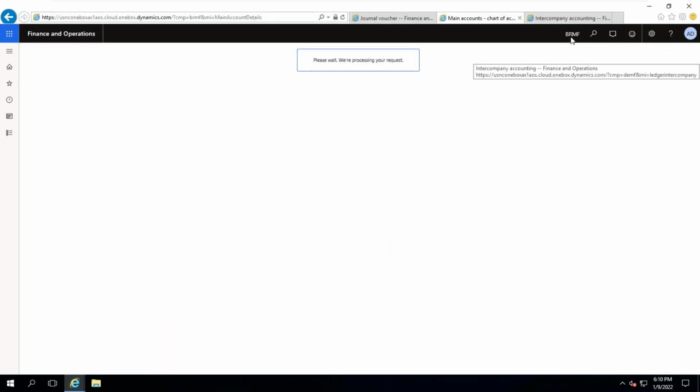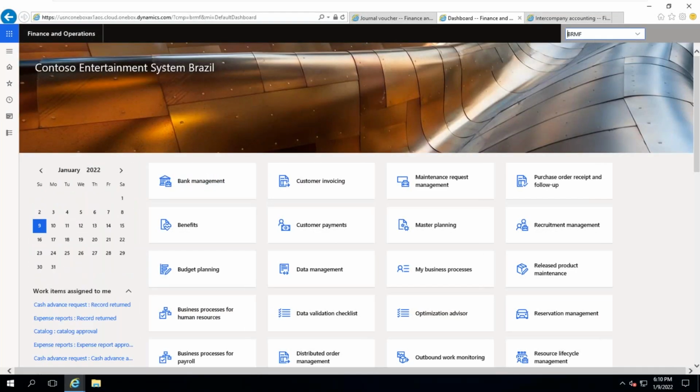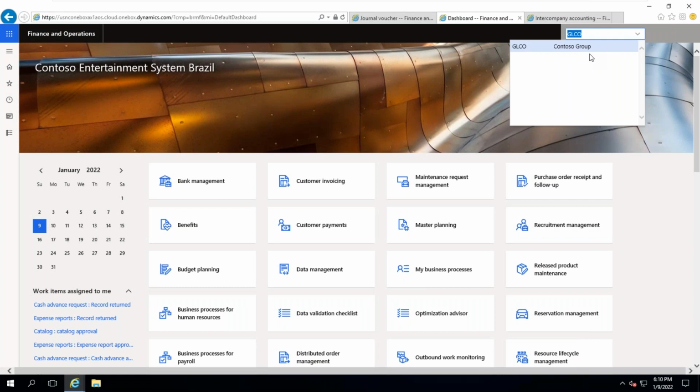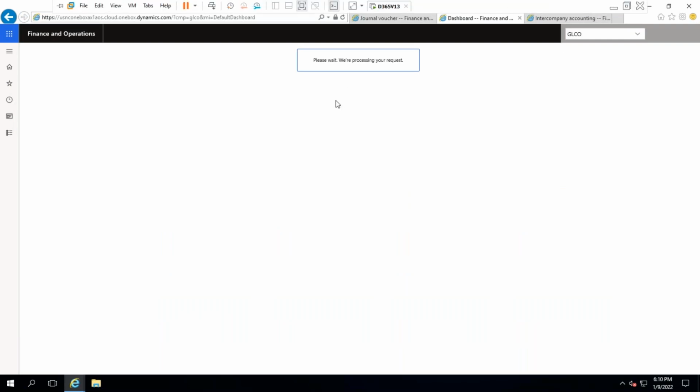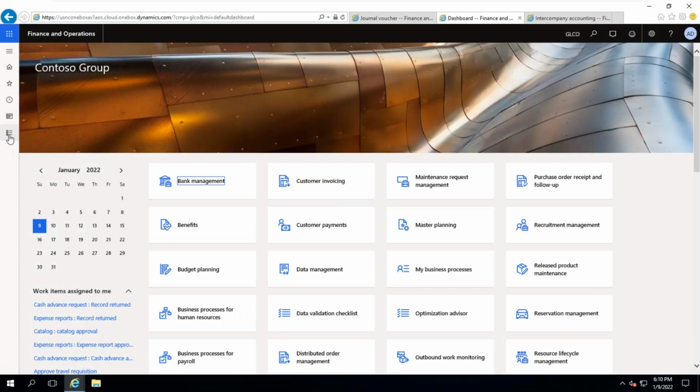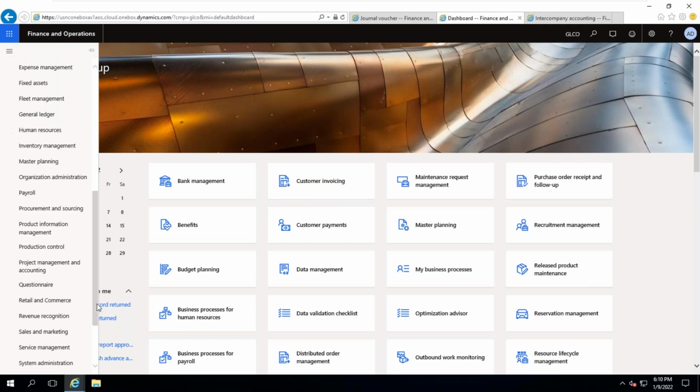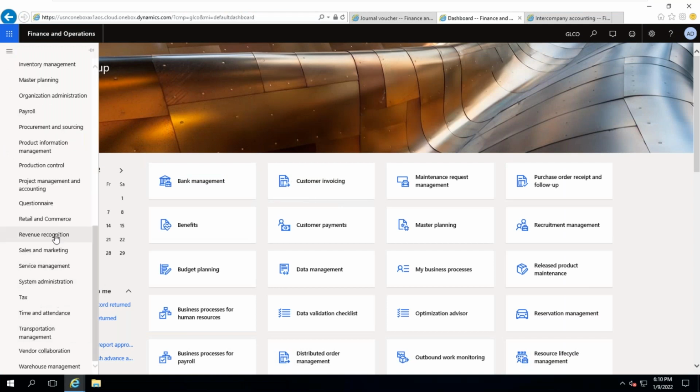So I'm going to this consolidation company. Take the example GLCO. This is a consolidation company which already exists in the sample data. Once it is created, first you need to create a normal company. But while creating a company, look at this one.